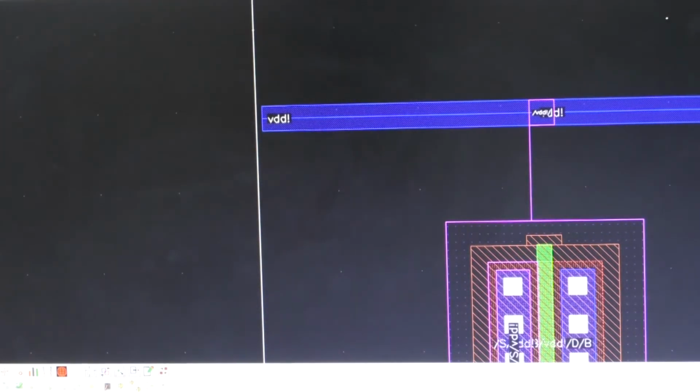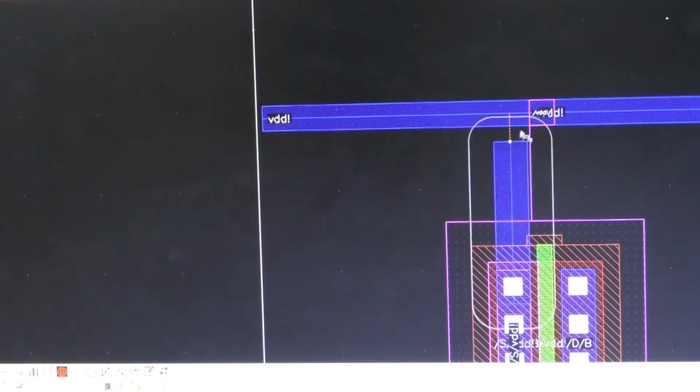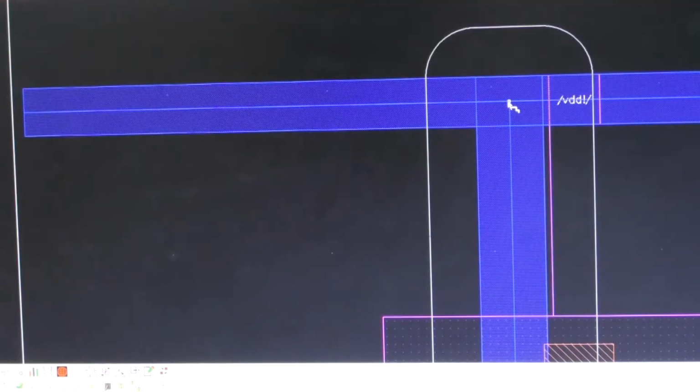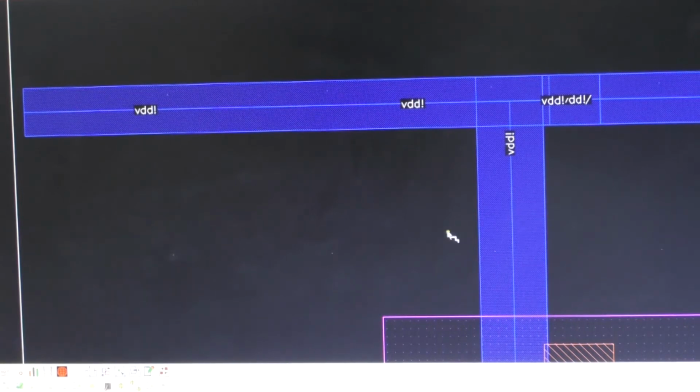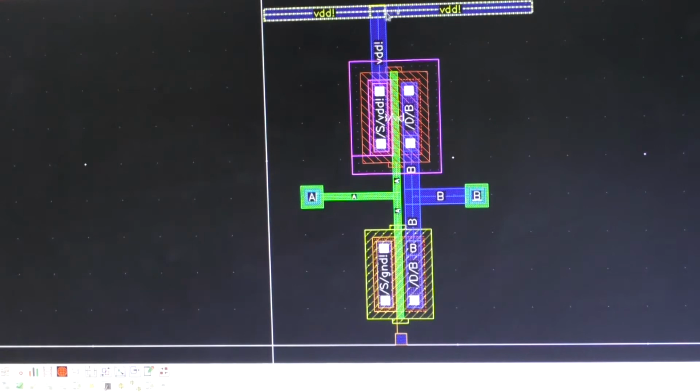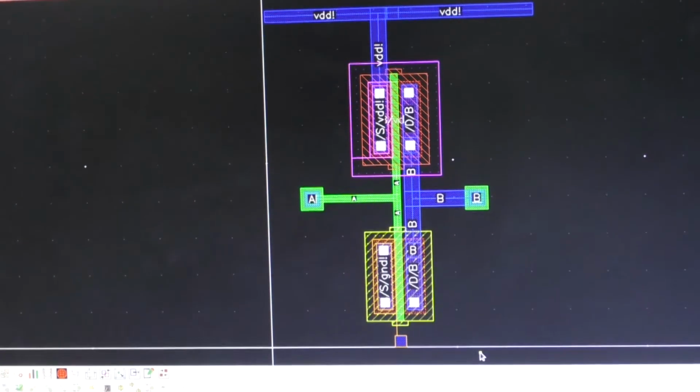Here this poly source is being connected to it, so in the same way just click on the metal one and press P on the keyboard, click on the PMOS corresponding source and double click on this one. Now if you observe, it is being connected to the same VDD itself.